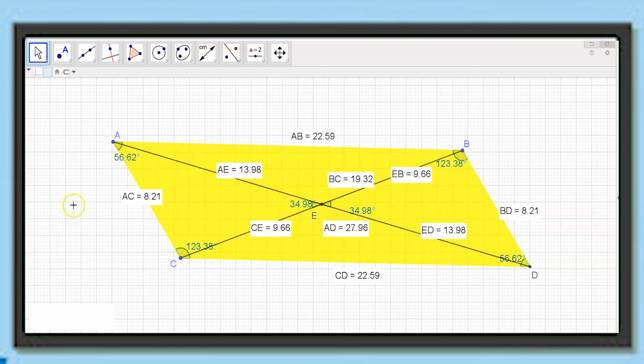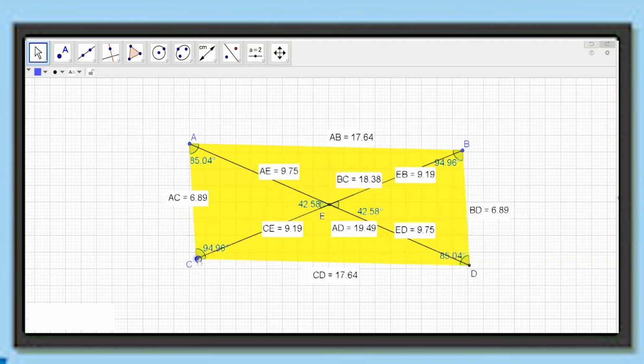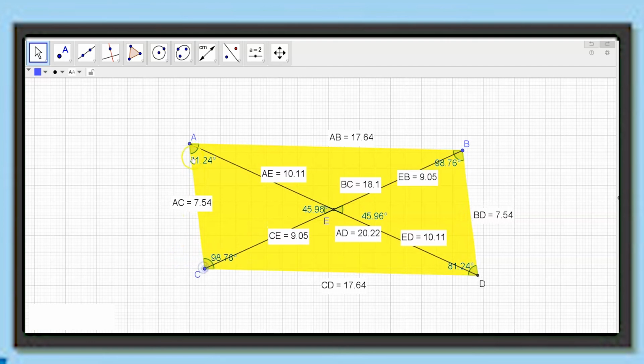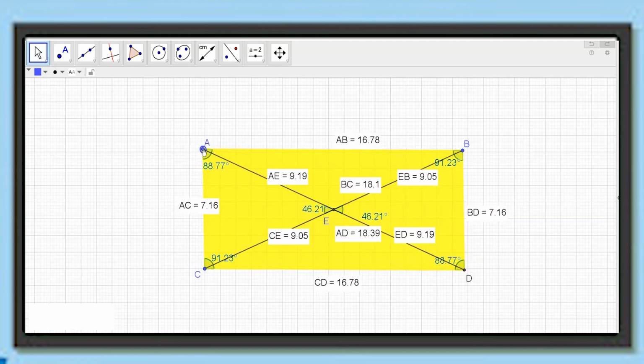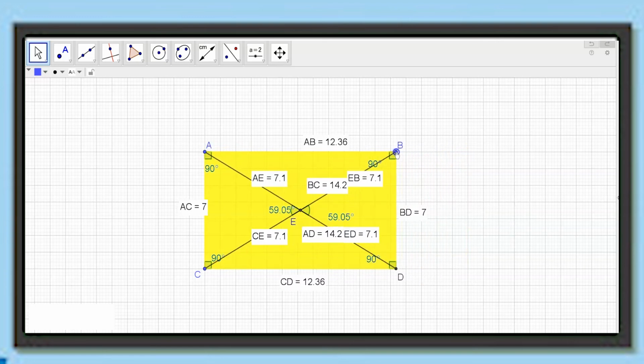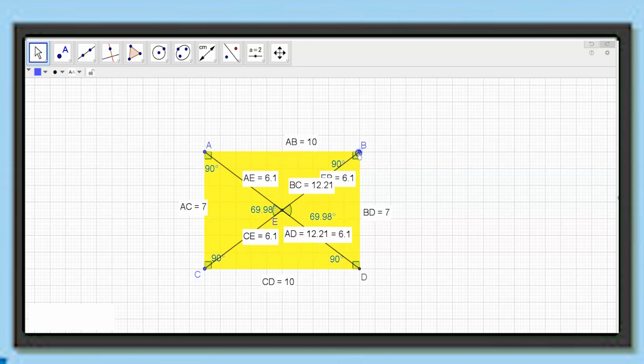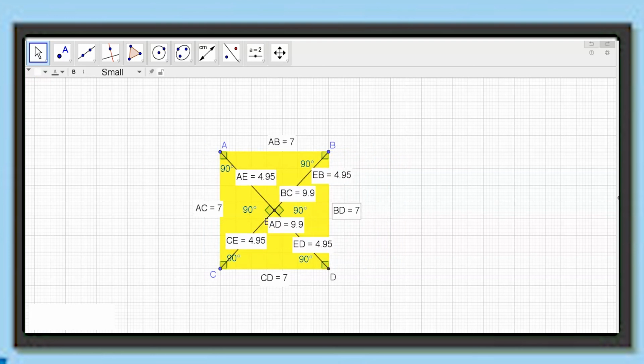So, here again I need to change the angles of the parallelogram to 90 degrees and also I have to see that all the sides become equal. So, let me do all these changes in the parallelogram so that I get all the angles and all the sides becoming equal. So, let us see how we can do that. So, now we can see that all the angles of this parallelogram have transformed to 90 degrees and all the sides have also become equal.